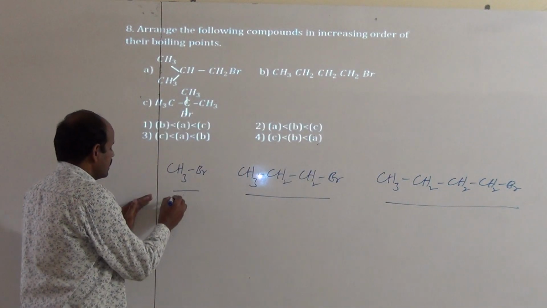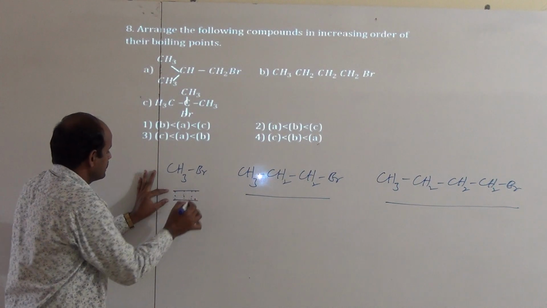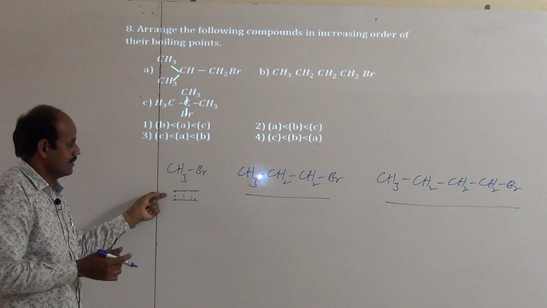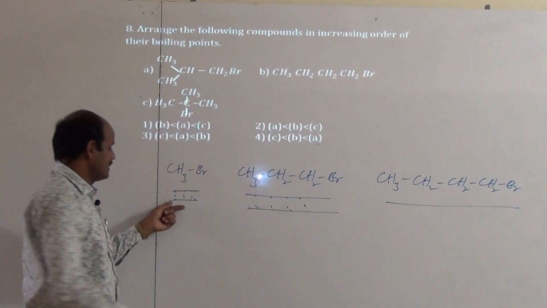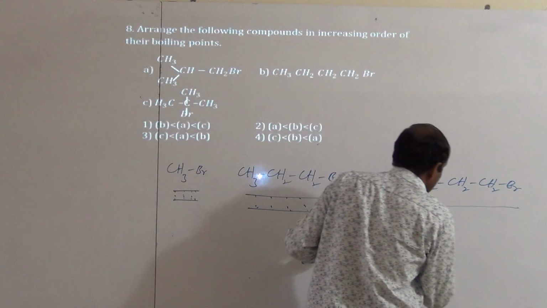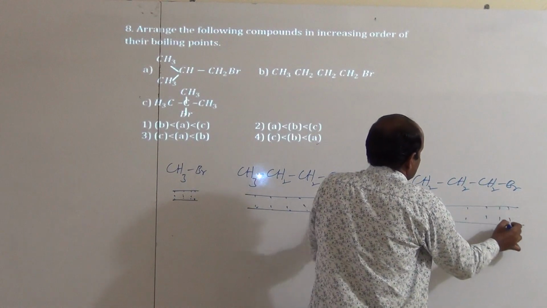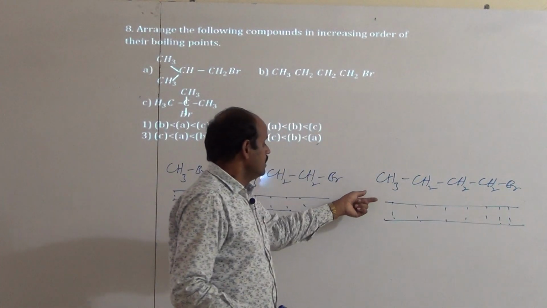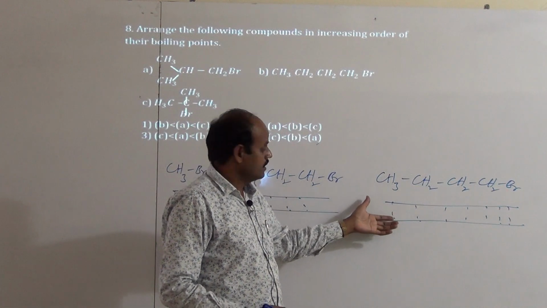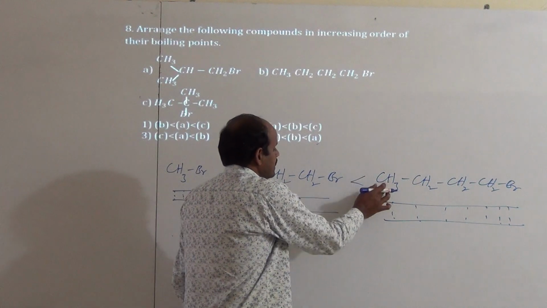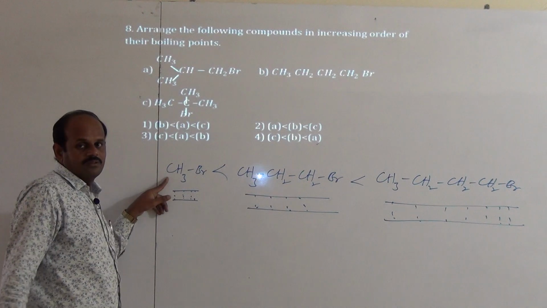What happens here? Attraction forces between two molecules are less in this case, because the length is very short. It is medium length, then attraction forces are greater than in the first option. But when the length is very high, then attraction forces are greater. When the attraction forces are strong, such compounds have greater boiling points or melting points also. Okay. Thus this one has a greater boiling point than this compound, and it has a greater boiling point than this compound.